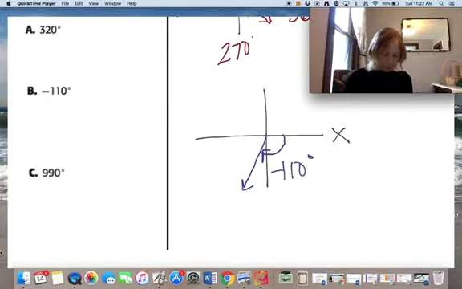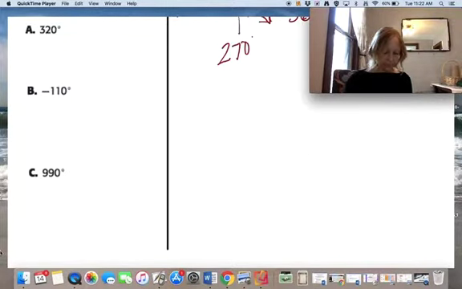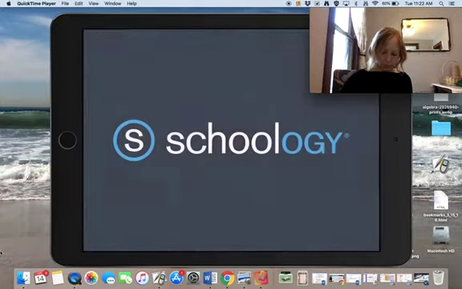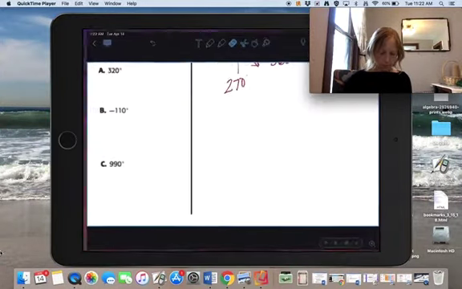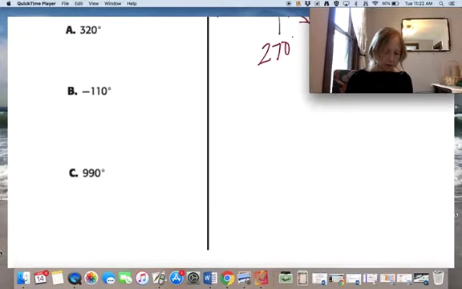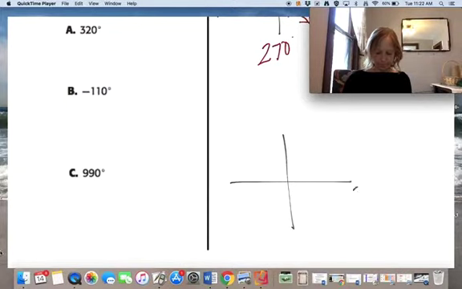Okay, last one. We're going to go positive 990. But when we just did a review, oh no, stop. I accidentally hit a notification. We saw before that our graph only went around to 360. That means what happens when we're going 990, we're going not around once, not around twice, but a little bit